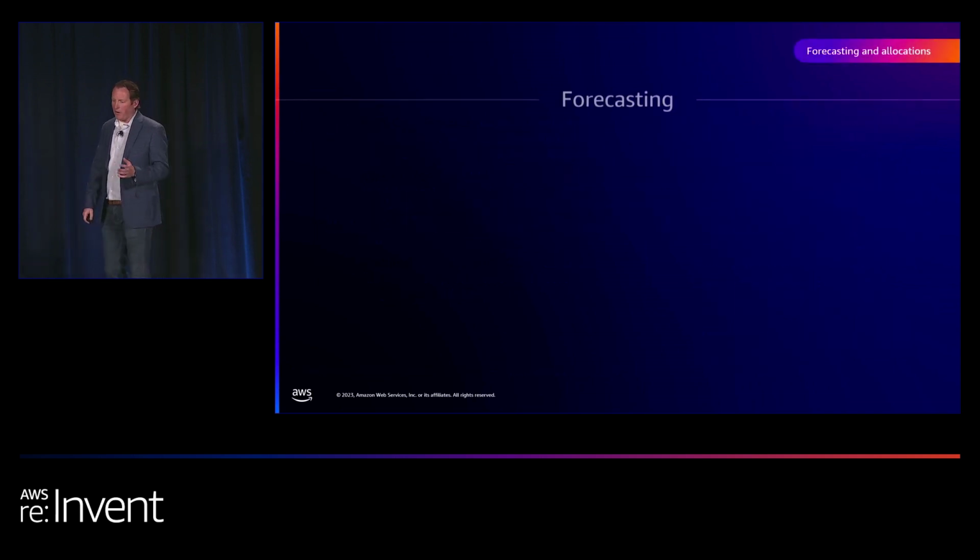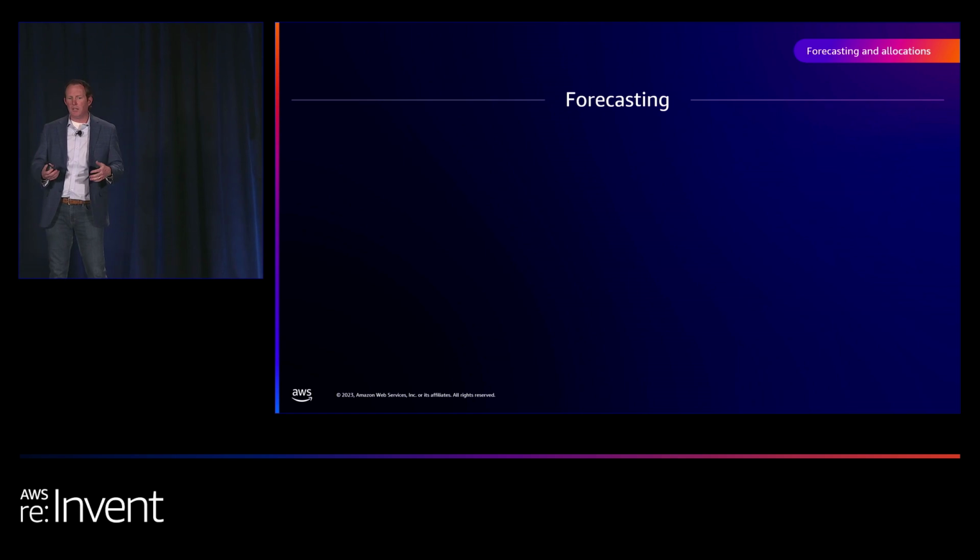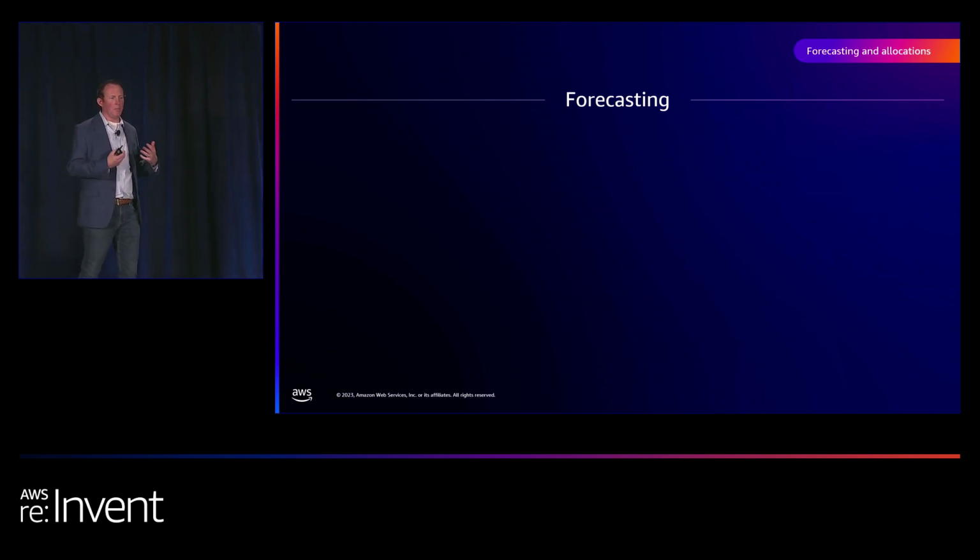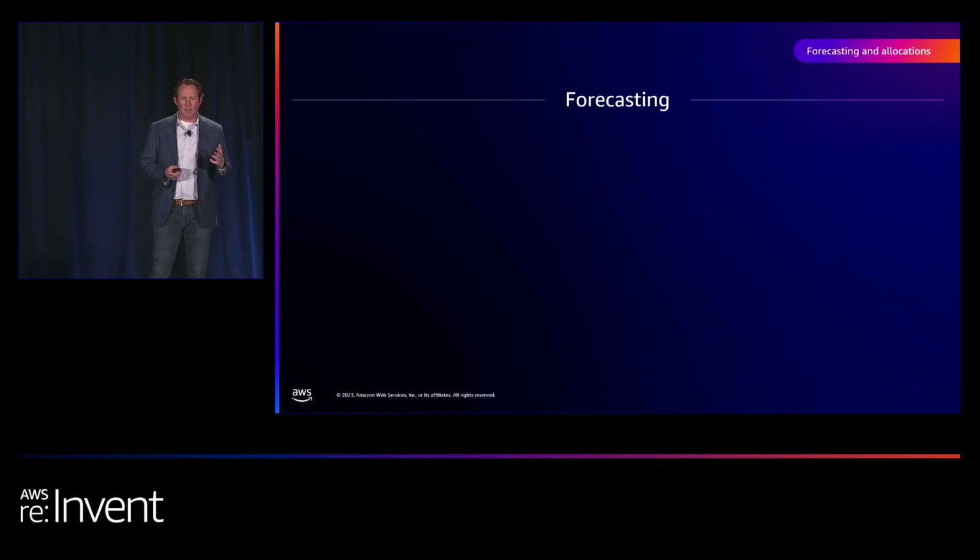We're going to dive now into forecasting and allocations. I'm actually going to go deeper into this next year. If you connect with me, I share a lot of content on LinkedIn because these are meaty topics, and I can't do them justice within the short time I have here. But as you think about forecasting, the need to predict is a big desire for a lot of companies. They want to know what are we going to consume and how do I plan for that. So I just did a small crawl, walk, run construct of what I typically see with customers around their maturity of forecasting.